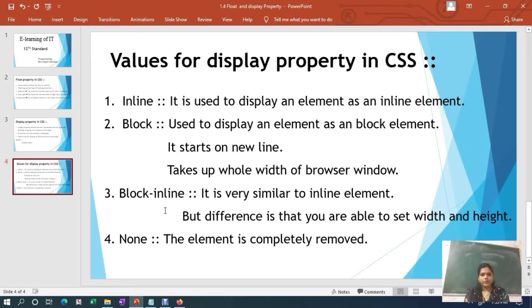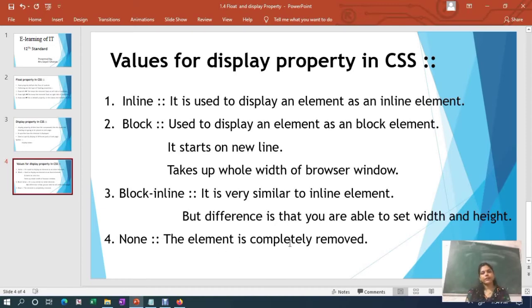That is, their look is very similar. But the difference is that you are able to set the width and height of that content. The last value of the display property is none, and with none the element is completely removed.